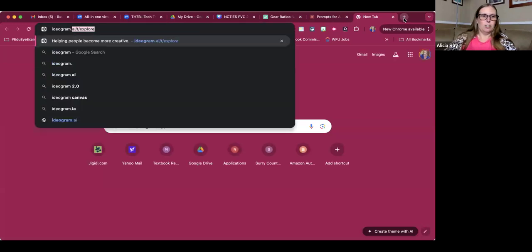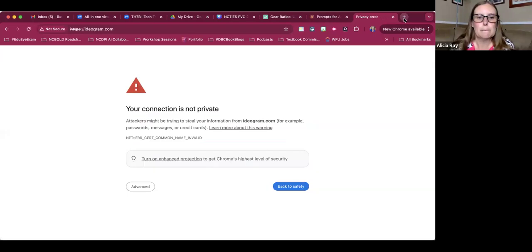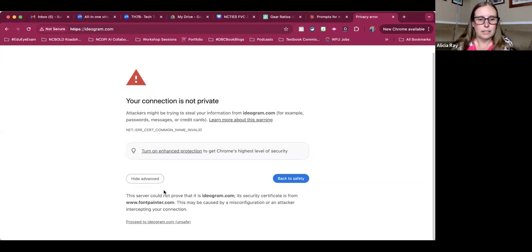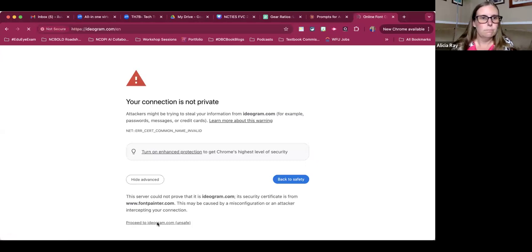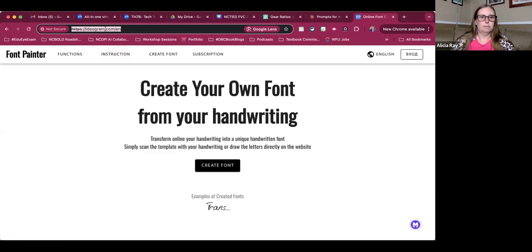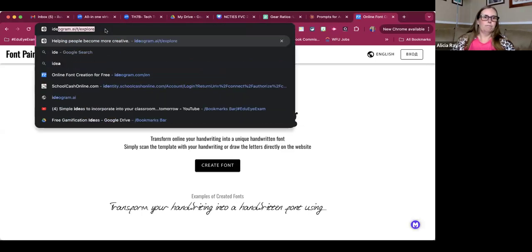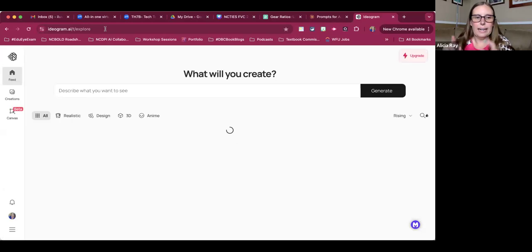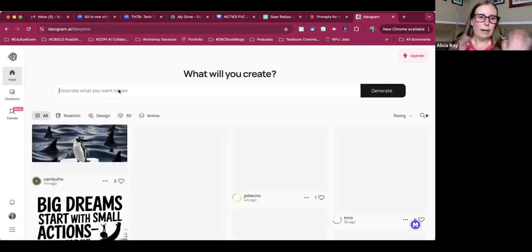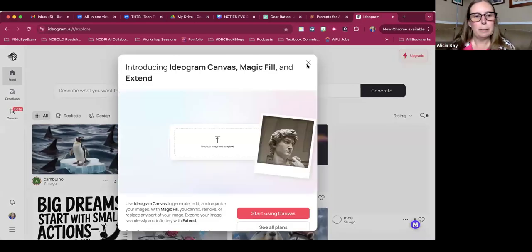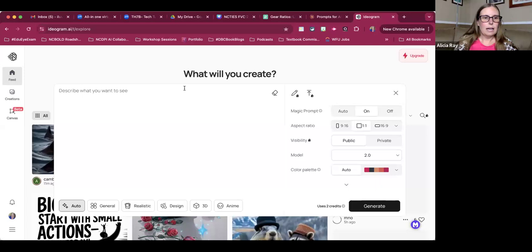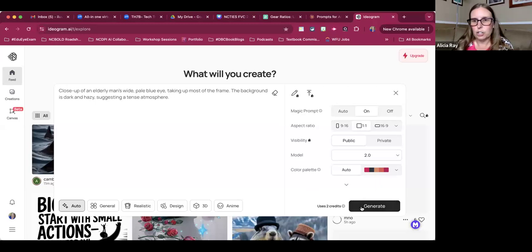And then I'm going to go to ideogram. I think it's ideogram.com. Nope, that's not it. I think it's ideogram.ai. Yeah, that's it. Ideogram.ai. Sorry, my bad. And I probably just gave my little Mac a virus, but we know how Macs roll, so maybe not. So here it says describe what you want to see. I'm going to paste in what my generator gave me, and I will click generate.